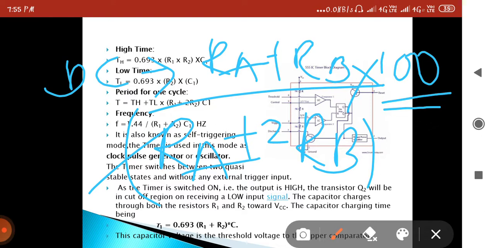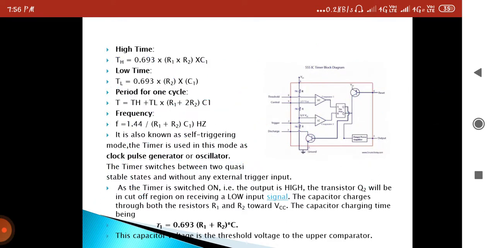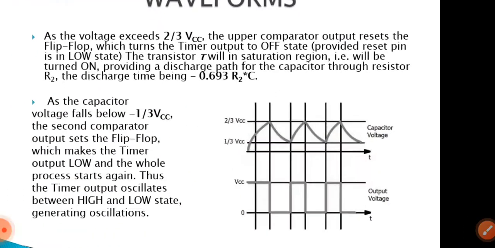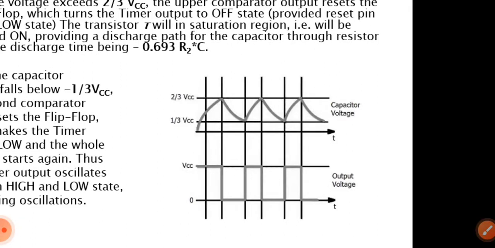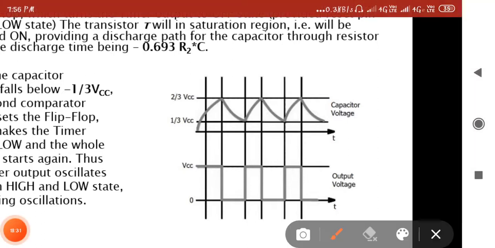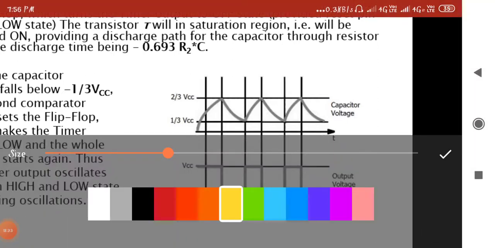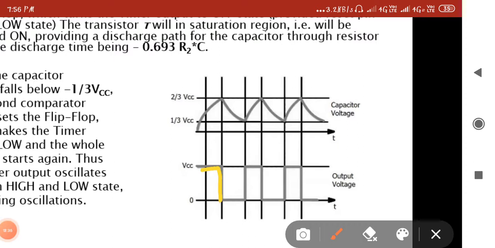This is the formula of the duty cycle. What do you mean by duty cycle? It's the ratio of the on time discharging capacitor to the total time period of the cycle. We can call it a duty cycle. You can see the graphical representation of the astable multivibrator. It is on and off, a continuous cycle.